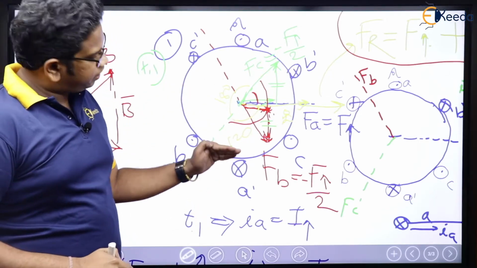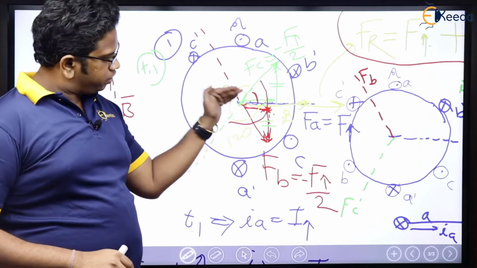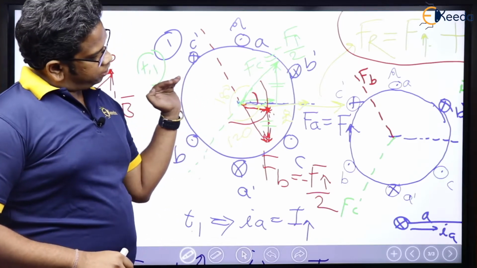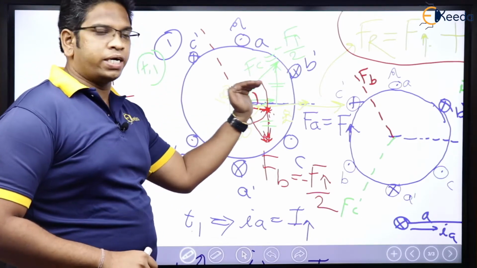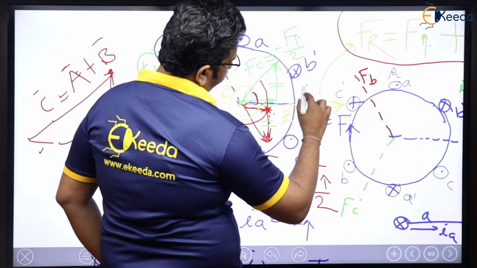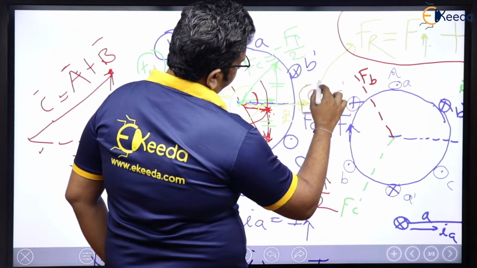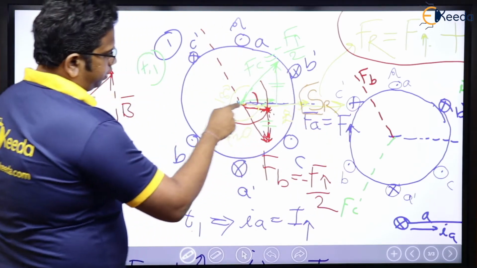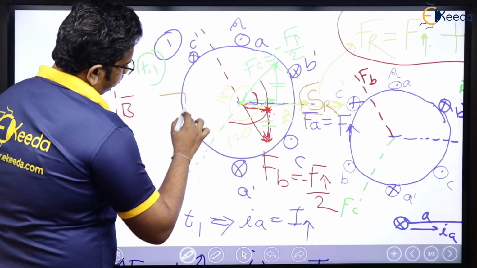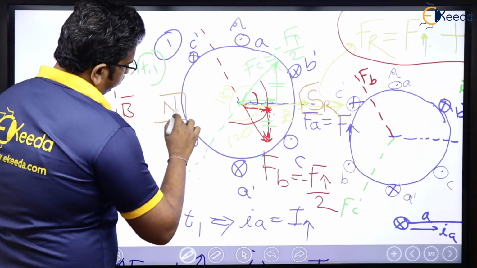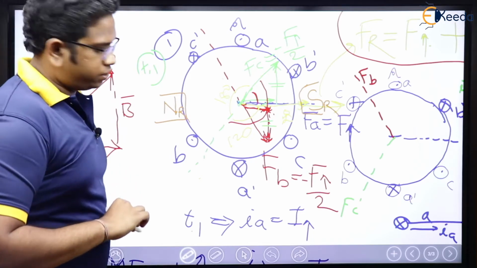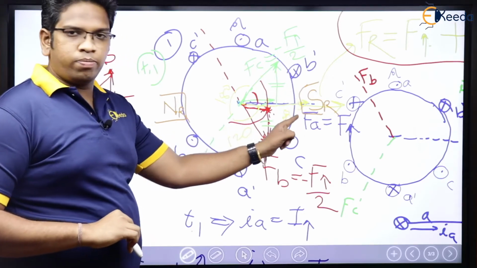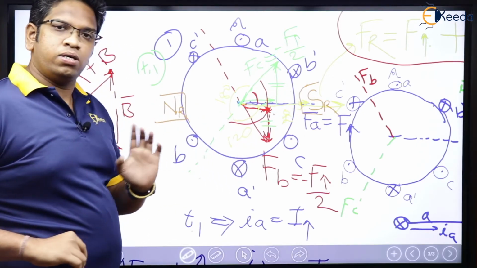What do I see? I see that this resultant, this resultant of FA, FB and FC, is in this direction, which means it is going into the stator from here, which means this is going to be the south pole of the resultant. And if this is entering there, it has to come out from here, which means this is going to be the north pole resultant. We are speaking about the stator only, so in the stator it is going to go inside, hence it is going to be the south resultant, and this is going to be the north resultant.